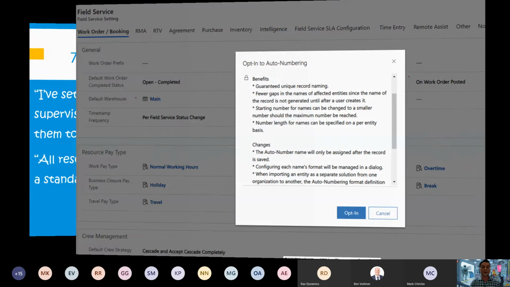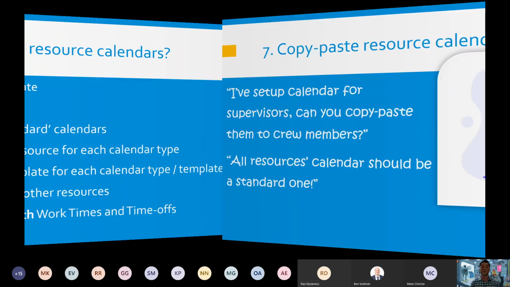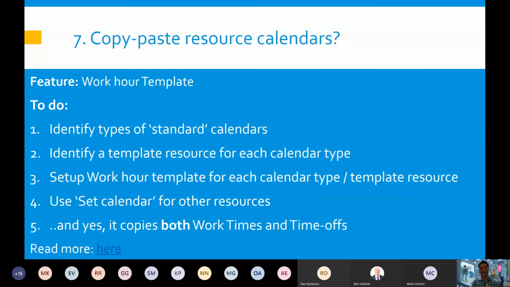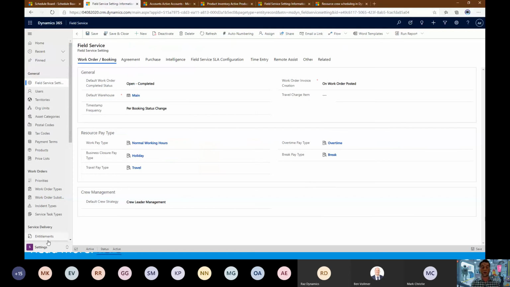All right, next one. Copy paste resource calendars. This is very important. The rostering information. If you're working on Dynamics and implementing for customers who have got morning shifts and evening shifts and all those sorts of things, basically the best way to set it up is to use resource calendars and the work hour templates. And work hour template is basically a feature in Dynamics where you can set up the